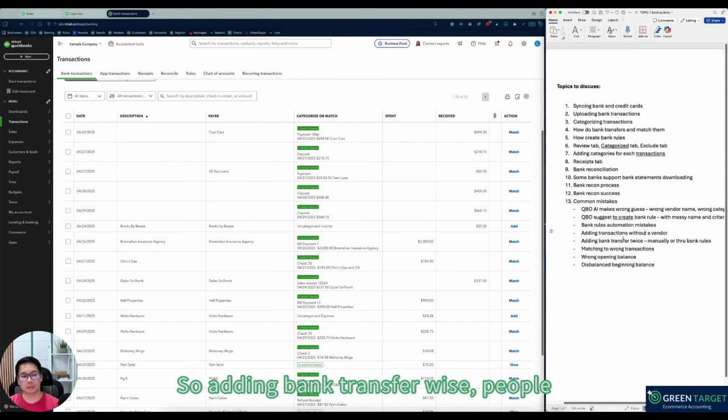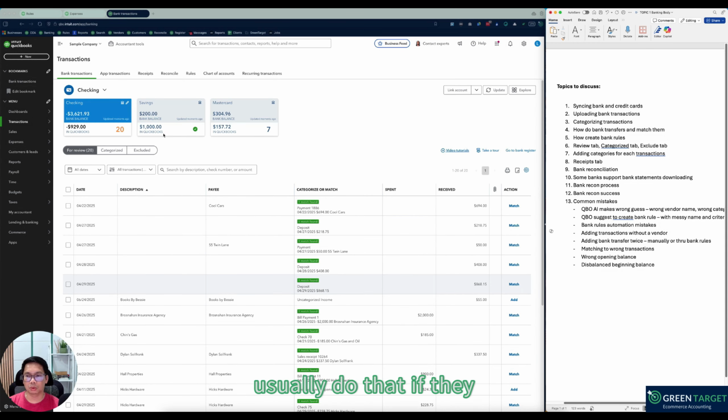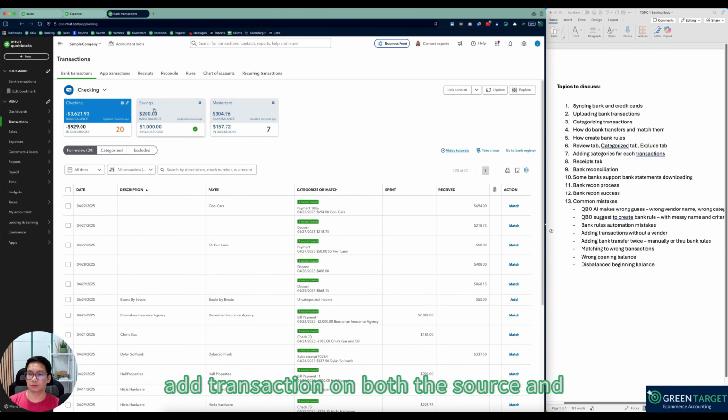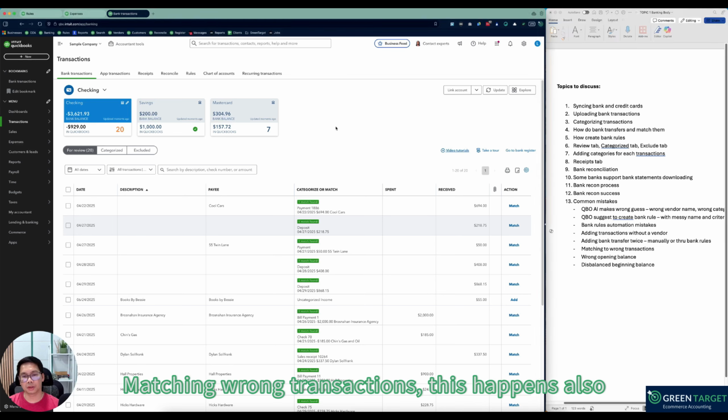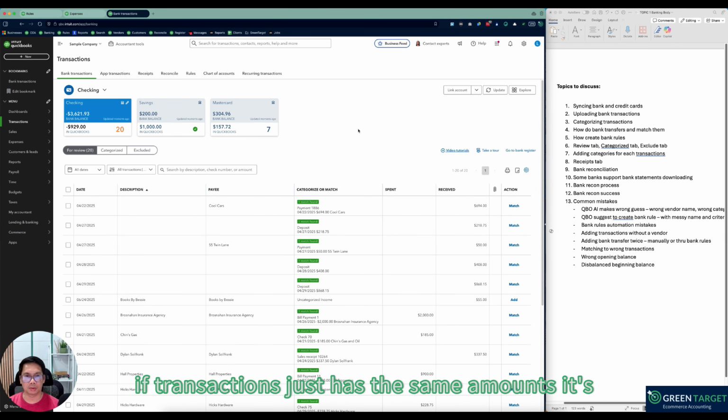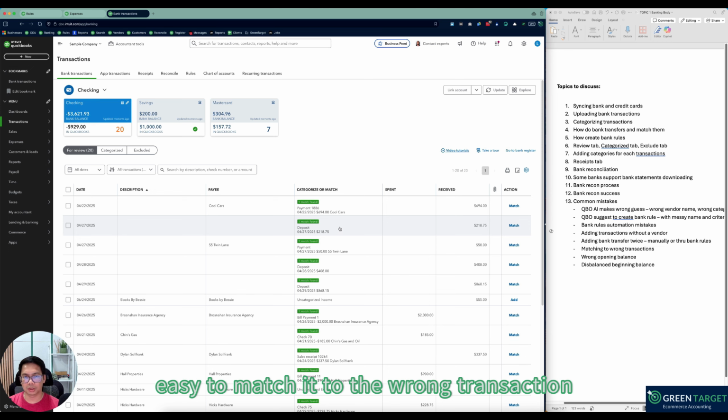Adding a bank transfer twice, people usually do that if they add the transaction on both the source and destination account or use bank rules that automate adding the transactions. Matching the wrong transactions, this happens also. If you have transactions that have the same amounts, it's easy to match it to the wrong transaction if you